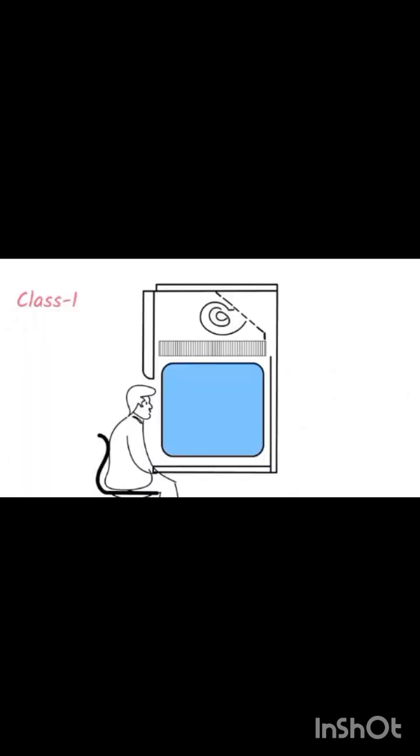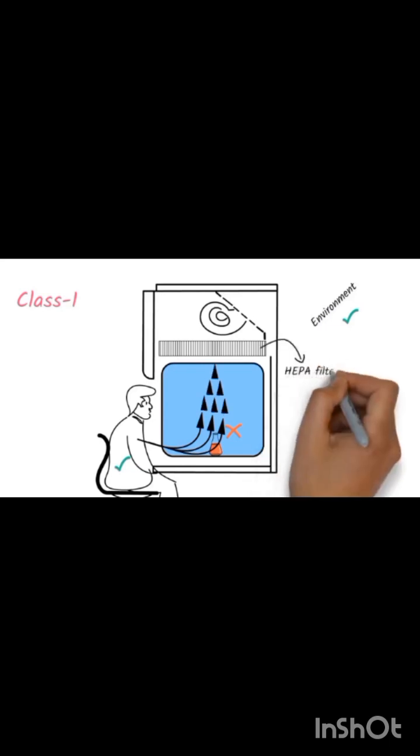Class 1 biosafety cabinets provide only operator and environment safety. They do not provide safety to the product that is being handled. The Class 1 biosafety cabinets pull the surrounding air from the operator side. The air inside takes the particles away from the operator and then passes through the HEPA filter before it is